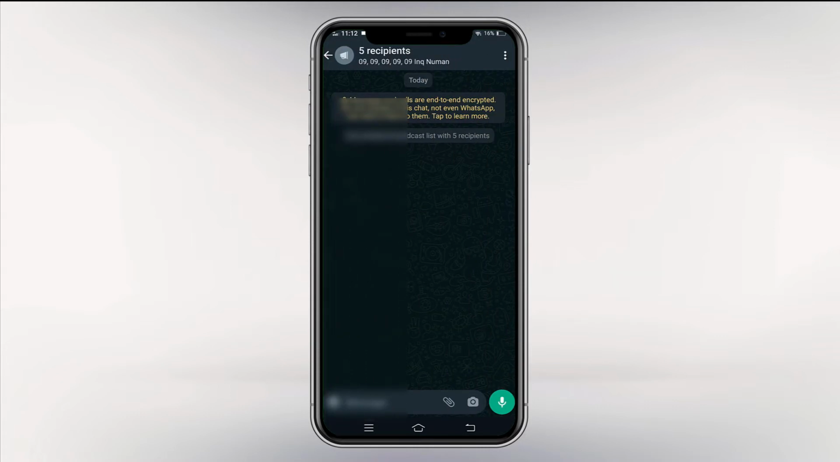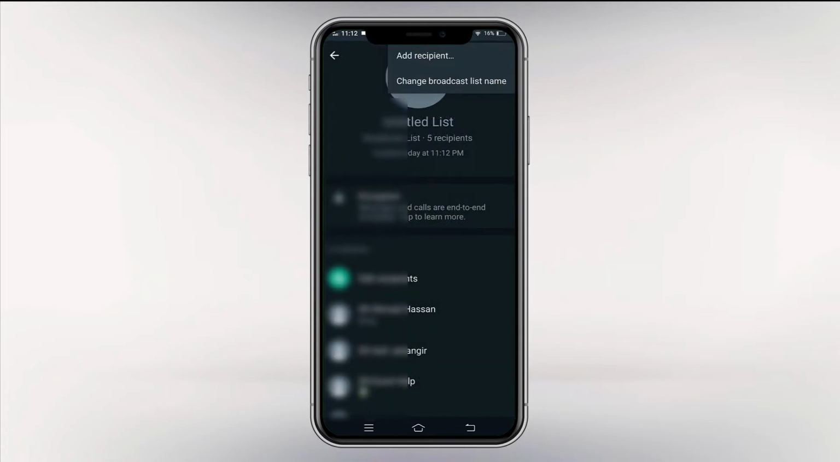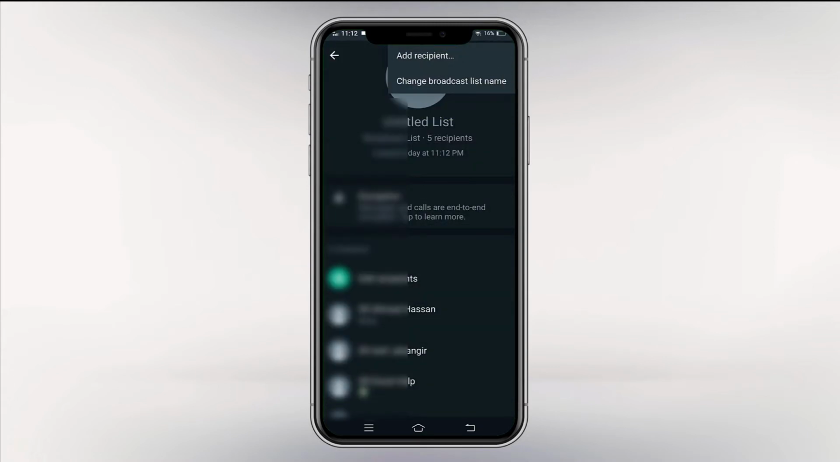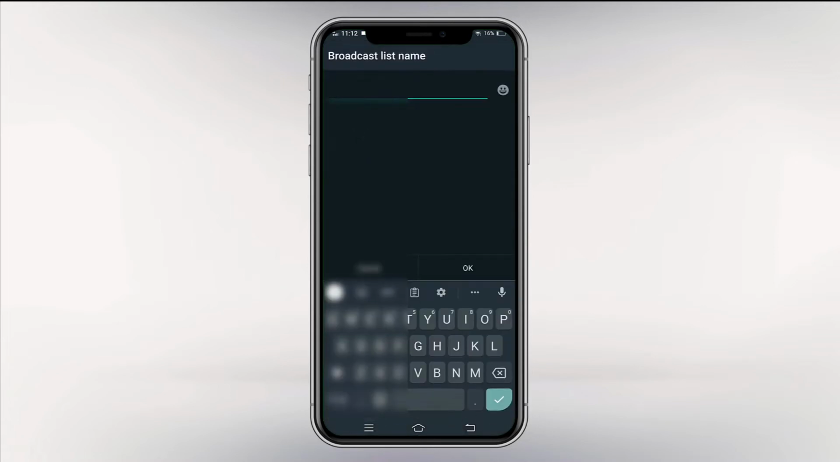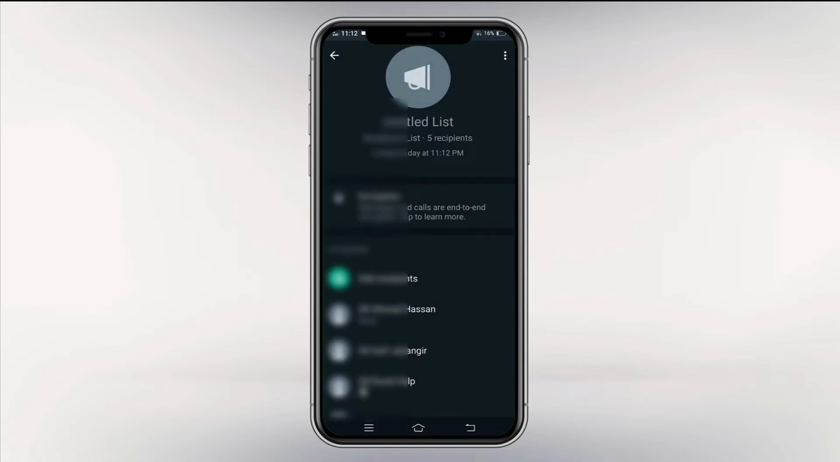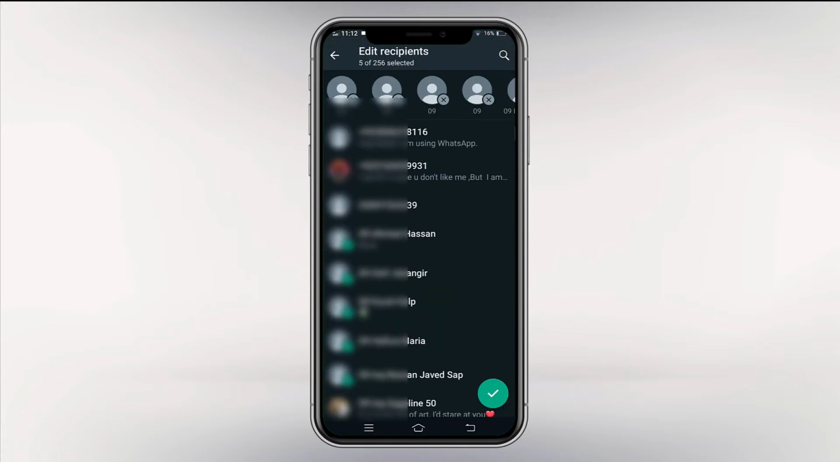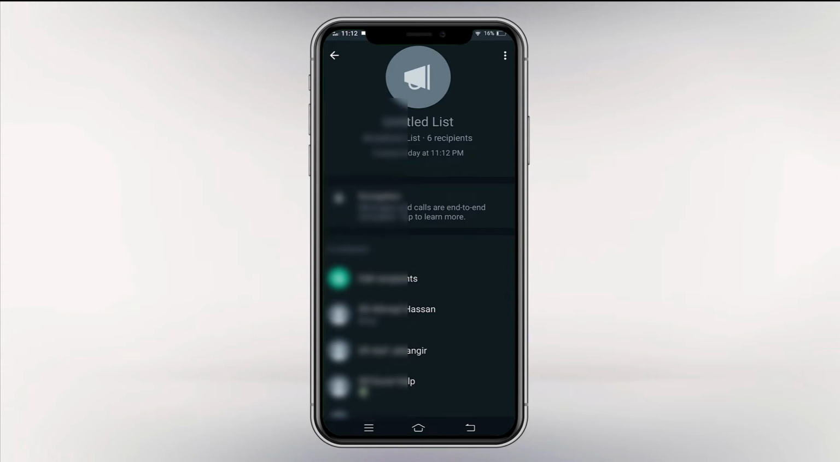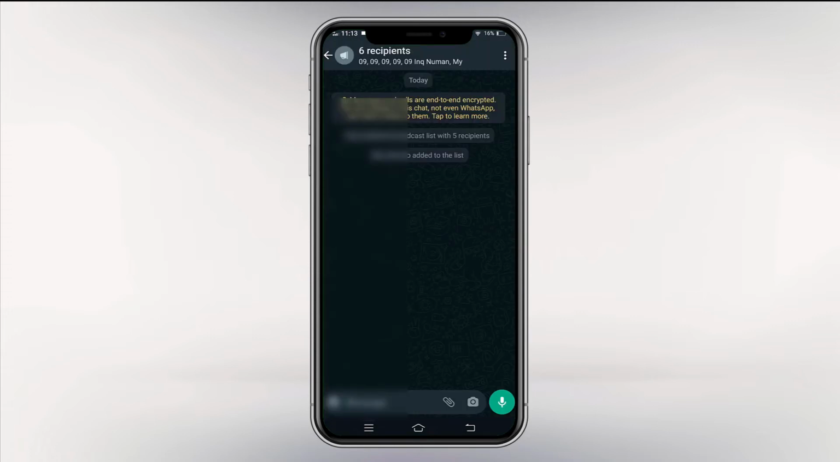After it is created, you can change the name from 5 recipients to whatever name you want. Just click on this, click on 3 dots and click on change broadcast list name. Here you can easily change that. If you want to add further members to your broadcast list, you can click here and click on add recipient. For testing purposes, I will enter my own number in the broadcast list, and here is my broadcast list